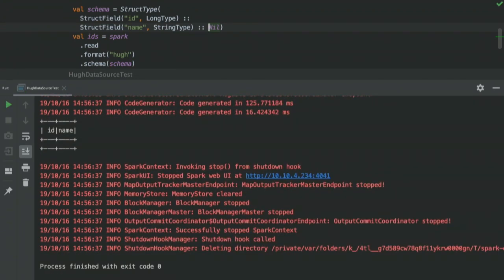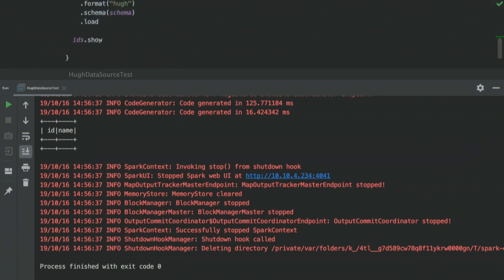So the question is how to make data available in this data frame. And again, it's just a data frame. So yes, we did load data because we did show, and show is nothing else but